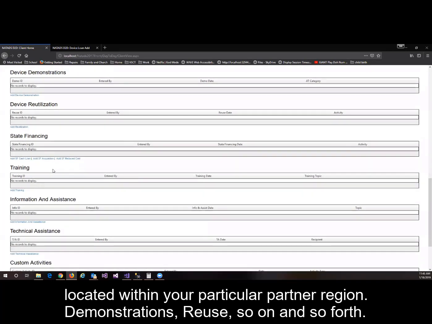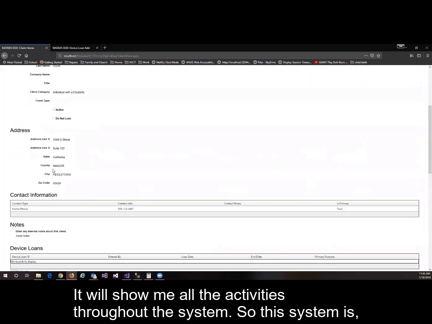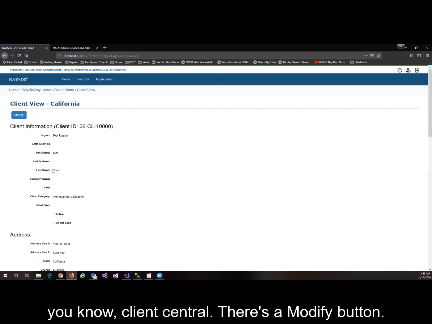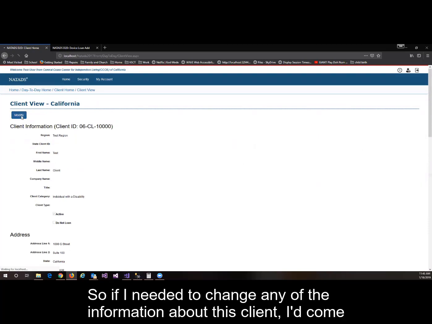Demonstrations, reuse, so on and so forth. It'll show me all the activities throughout the system. So this system is client central. There's a modify button, so if I needed to change any of the information about this client, I can come